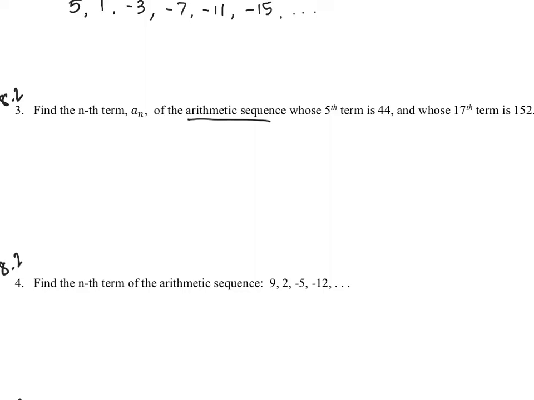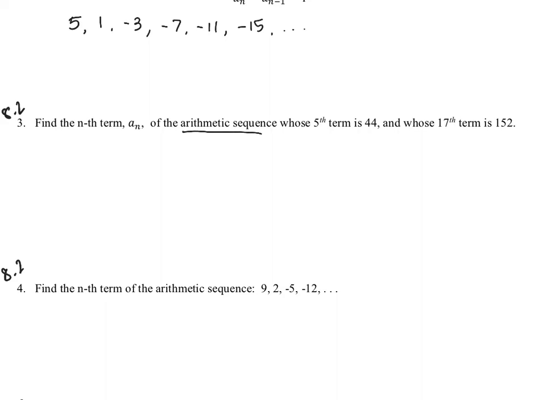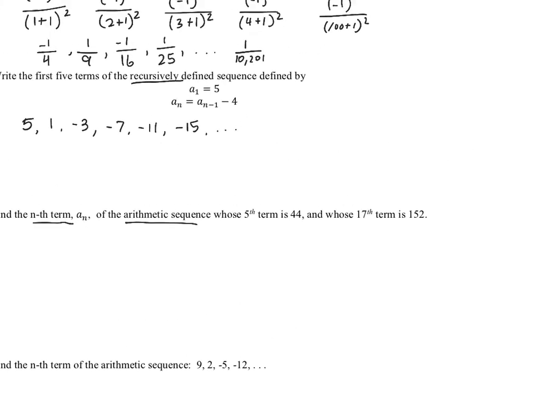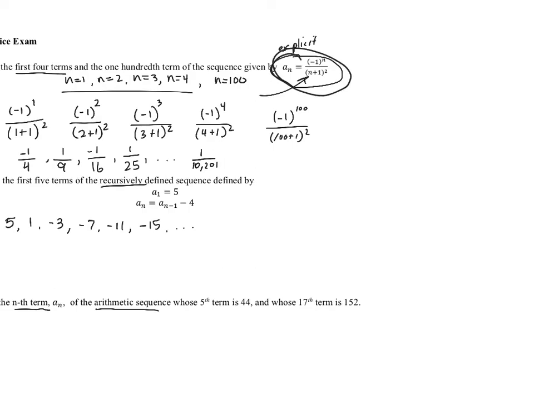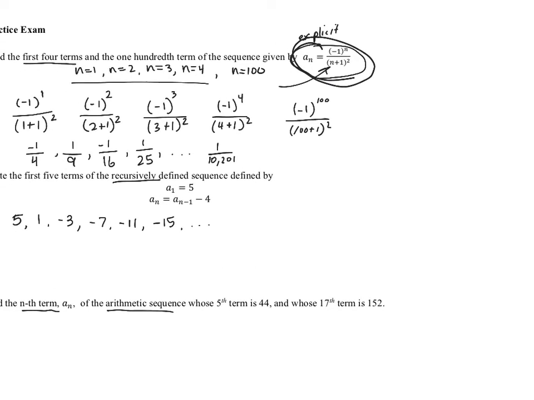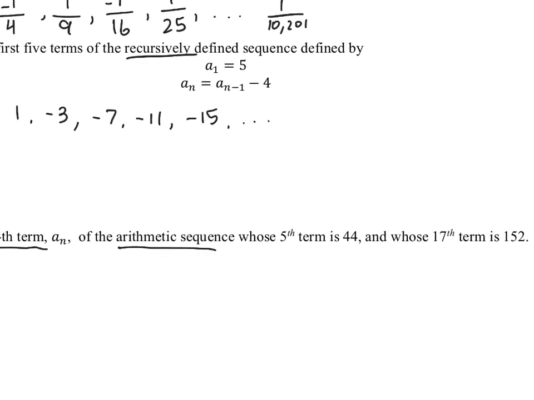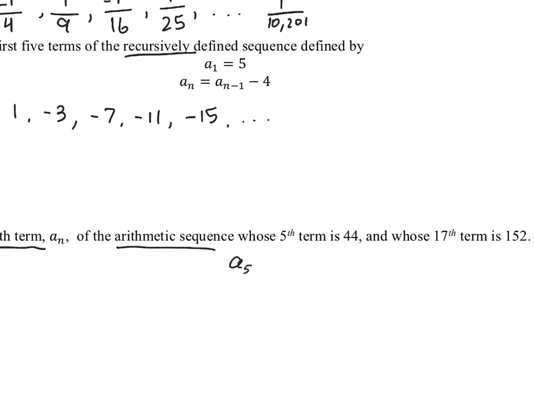So for an arithmetic sequence, we need to find the nth term, or a formula like this. This is called an nth term formula. We need to find an nth term formula where the fifth term, a sub 5, is 44, and the 17th term